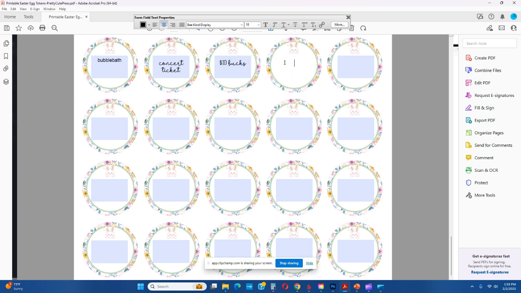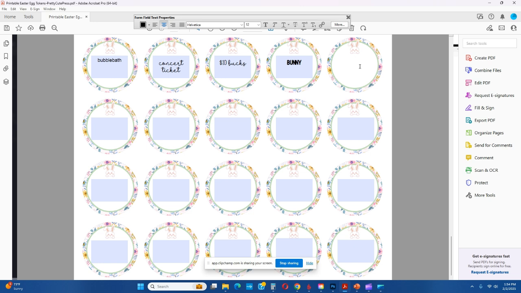Because if I go over here and start typing on this next one, it's going to go back to the default. It's not going to the default on this one because I had already typed something, and I was using the Be Kind display and 18. So that's why you see that here. So if I say a bunny there, but if I go to here, it's going to default back to that